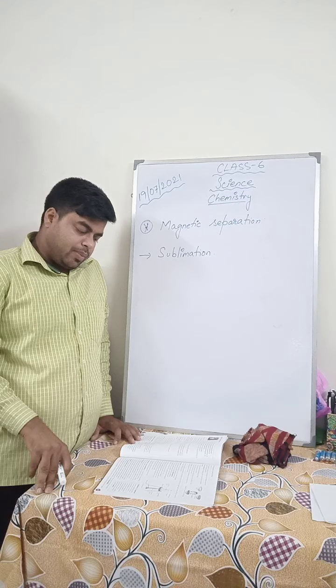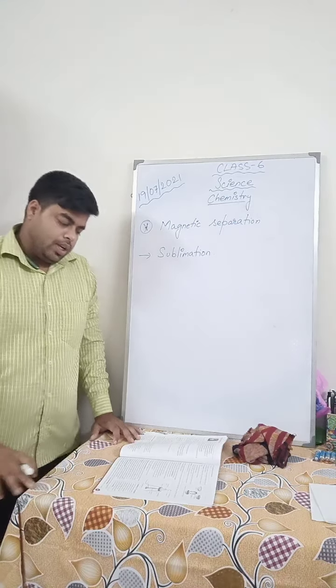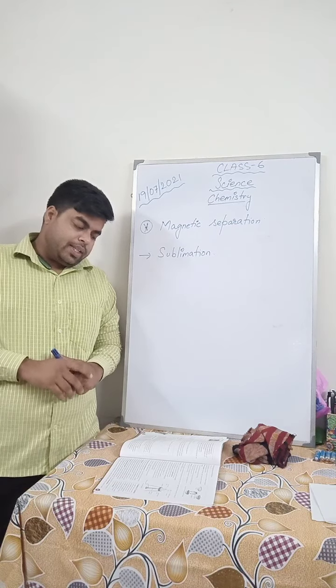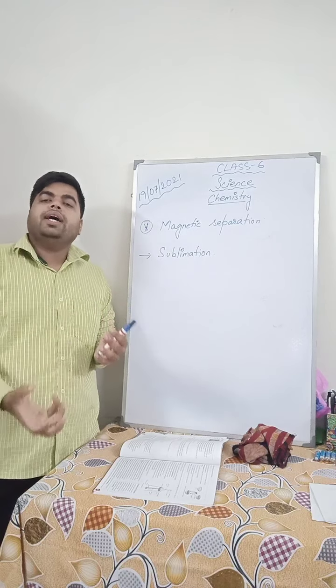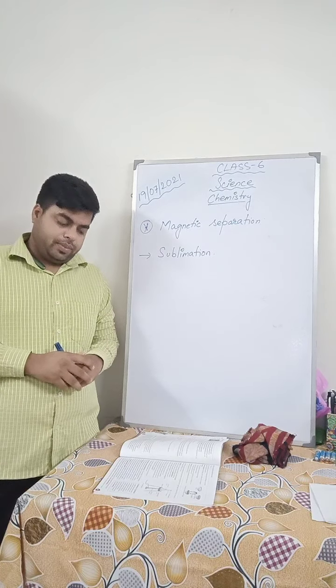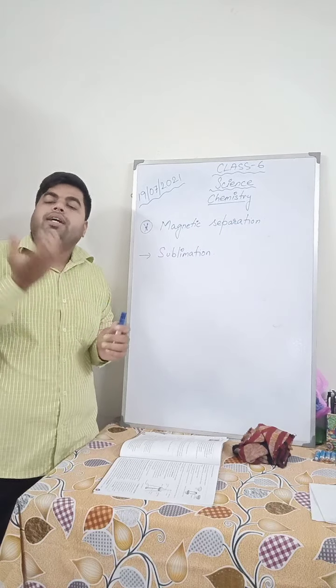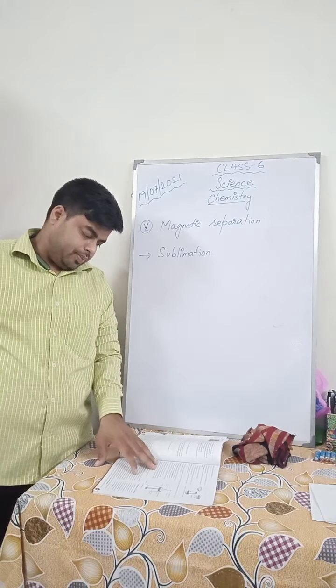The setup for sublimation is shown. You can see the setup that they have given in the figure. In this method, the mixture is taken in an evaporating dish. An evaporating dish is where you can heat the mixture. You can see the dish, it is round in shape. Why is it called evaporating? Because you can apply heat there.